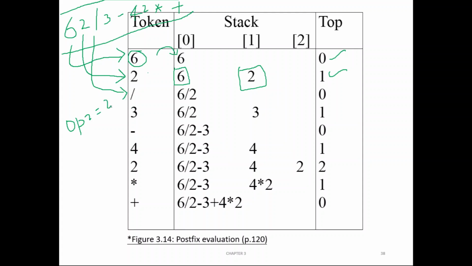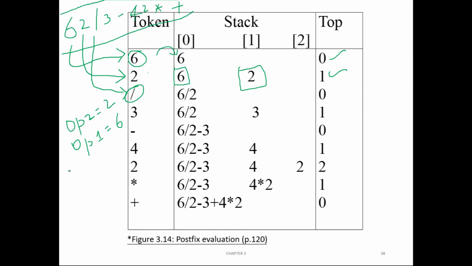So operand 2 will have what? 2. Again pop for the second time. Whatever you pop for the second time should go into operand 1. So operand 1 is 6. After popping these two things, the stack becomes empty. Now, whatever the operator says, perform this operation on operand 1 and operand 2. Are you getting it? Whatever you pop first goes to operand 2, whatever you pop second goes to operand 1. Now perform the operation the token says on operand 1 and operand 2.